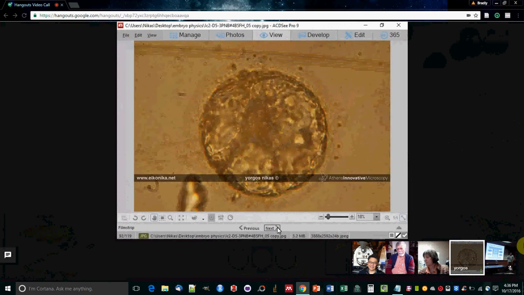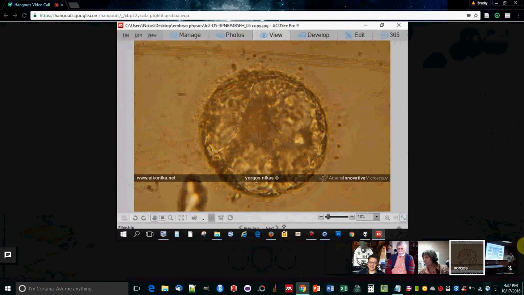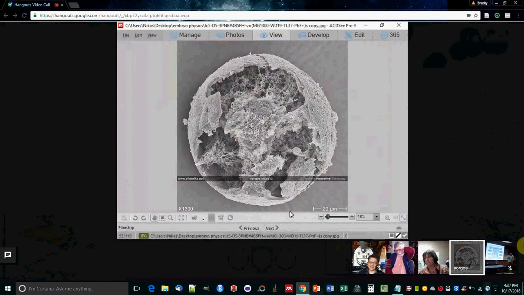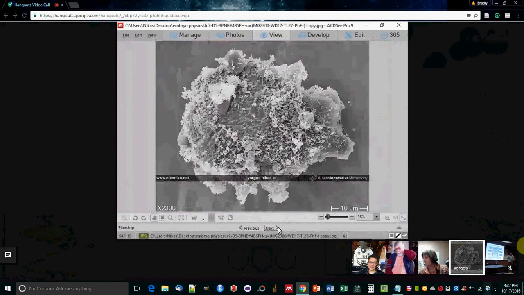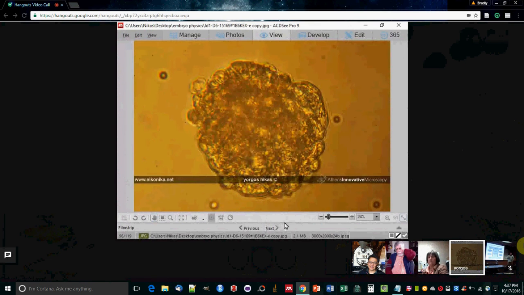This embryo had two inner cell masses. One is here, and there is a second mass here. You see, a little bit black, maybe not so vital. And after I opened it, there were two inner cell masses, one this, and the other this one. Already twins, you know. And this is a hatched embryo, but